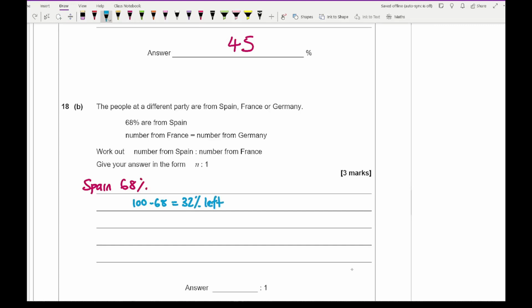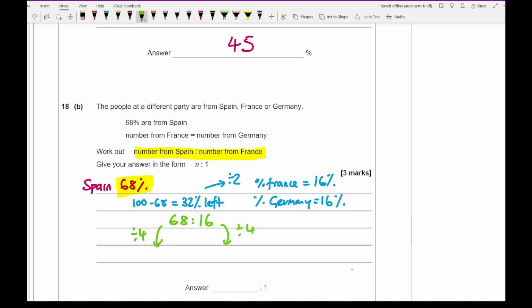Now if we split this, divide that by 2, then we get the percentage of France, which is 16%, and the percentage of Germany, which is also 16%. Now for this, we want to write the ratio of Spain to France. So Spain is 68%, and we've got the French percentage, which is 16. And then all that's left for me to do is to simplify this ratio, so I can divide both numbers by 4,